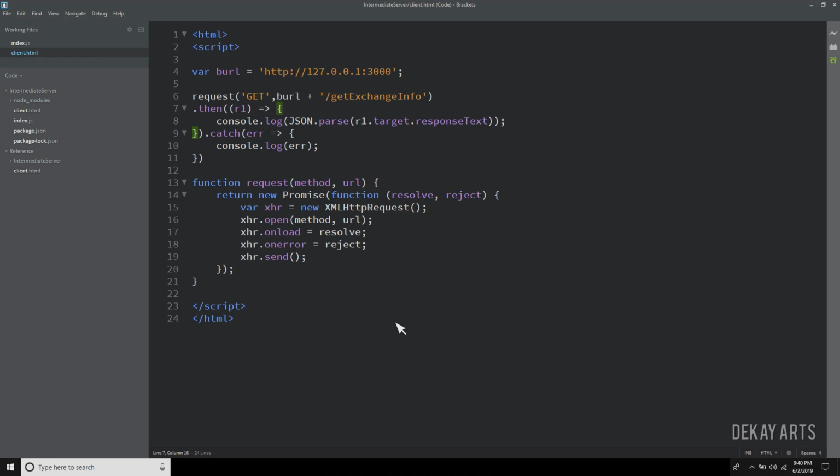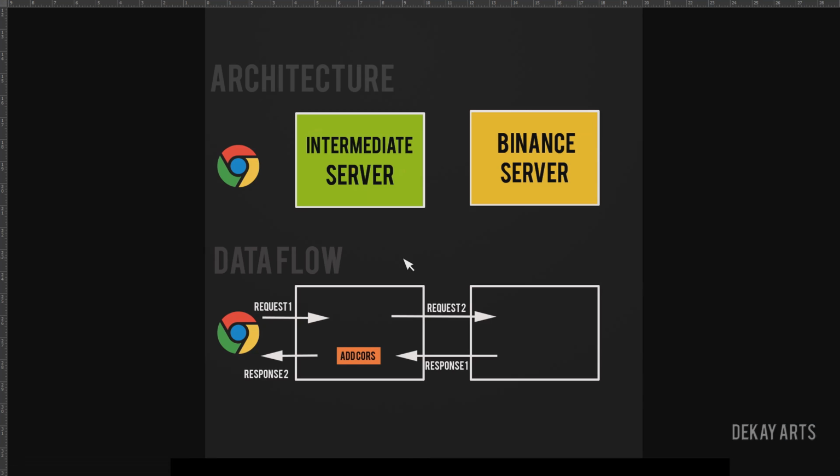So let's do one last thing. Okay, let's do a couple of things right now. So let's see how laggy. In the previous architecture, we directly called the Binance server, right? But now we are using an intermediate server. So I want to see how much lag there is because we are using a third server, right? Because we are passing through multiple servers, it should take more time. So I want to see what is the lag in between these two requests. What if we directly call the server, or in the case we are calling this intermediate server? So let's see how the lag is.